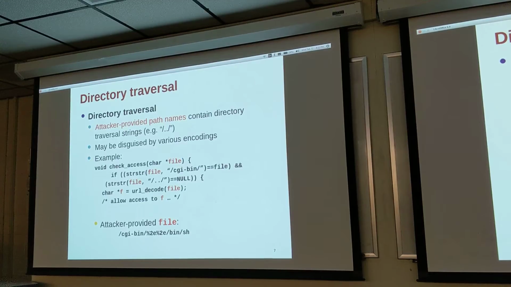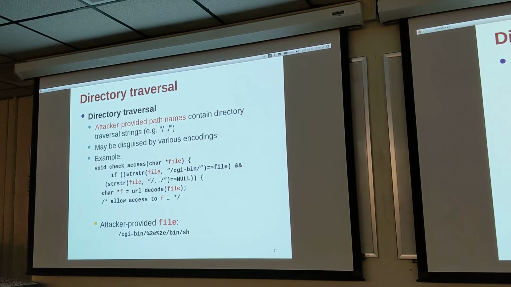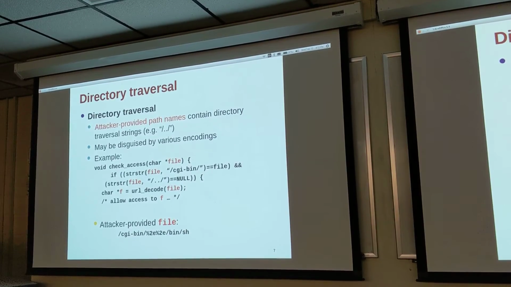And then let's say they want to go all the way to the root, then they think maybe by putting some dots, they can climb out of the root directory and then go somewhere else, okay? And the programmer might have realized that such an attack is possible, and then they may say, hey, I'm going to check if the file name contains dots, and if it contains dots, I'm going to just